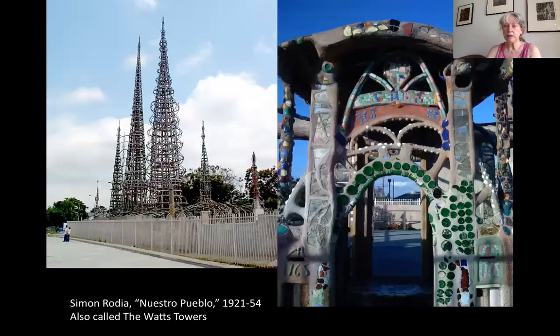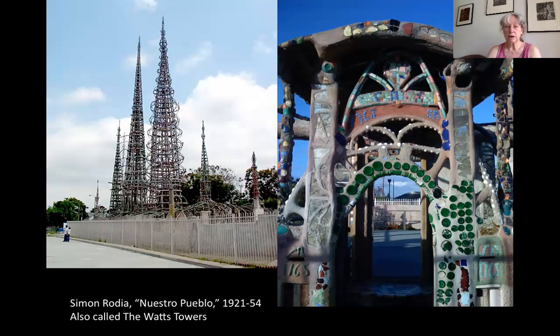Okay, but what's an untrained artist? An untrained artist is a person who has not been to art school, basically, but they've taught themselves. They're sometimes called self-taught artists. And I think this guy, Simon Rodia, is mentioned in your book. Anyway, he created these amazing